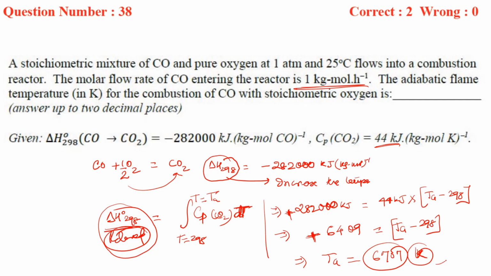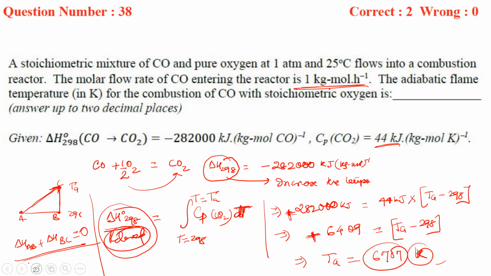Okay, so this is your answer. Why will we take it here as positive? Remember, suppose at 298 Kelvin this is the reaction A to B, and from B to C at temperature TA the reaction goes. So delta H AB plus delta H BC, the complete energy will be how much? This will be 0. For A to C, the reaction moves from A to C, delta H AB plus delta H BC.